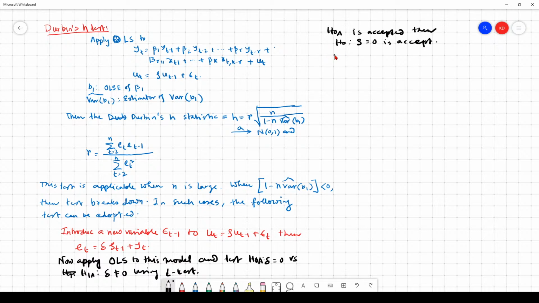If H naught A, delta equal to 0, is rejected, then H naught rho equal to 0 is rejected. If H naught rho equal to 0 is rejected